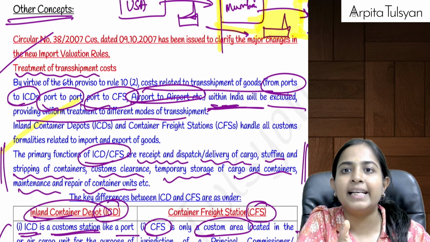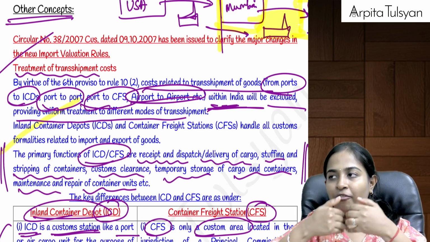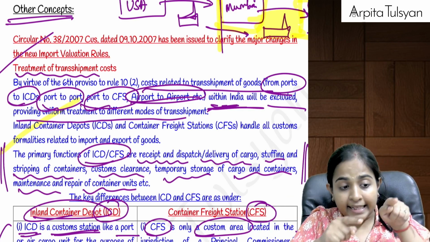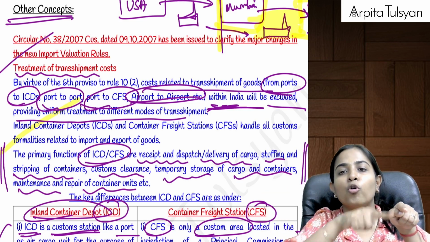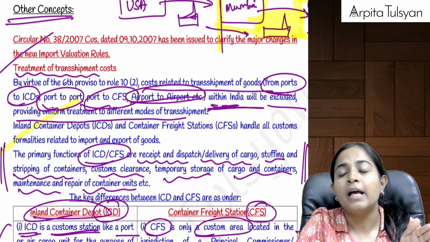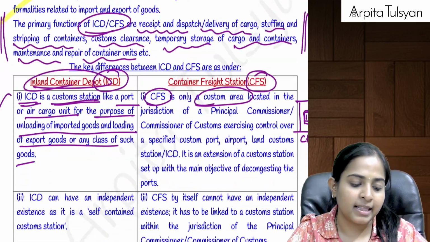All the cost till here has to be added. Okay, let's say after that the ship got changed. We transferred the goods from one ship to another and then the goods were sent to Cochin port, for example. Then the transportation cost from Mumbai to Cochin port, or anything after that place of importation, after the goods have been imported at the Mumbai port, any cost after that will not be included in the value